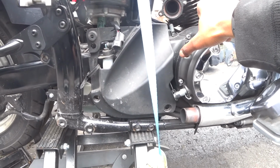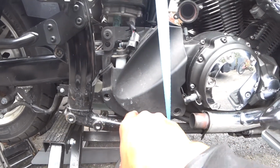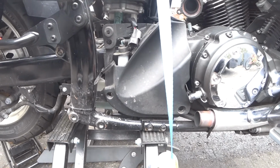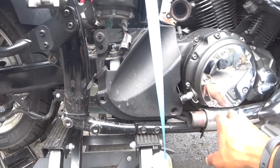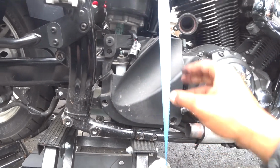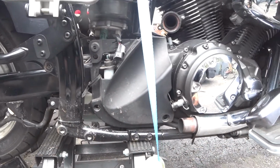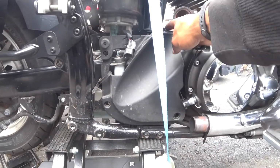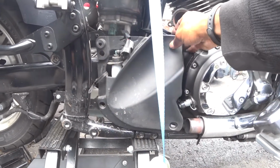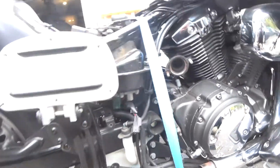But it's easier to just take this off, then take this panel off, and then do your clutch cable. The way I did it, I kind of rustled underneath here, and I didn't want to take the exhaust off. Anyway, I took that manifold off because it's a two-piece, and then you have the slip-on. Took that off, then undid the bolts from here, those 4 bolts, disconnected the O2 sensor, which was already disconnected, and then you have your bolt there,